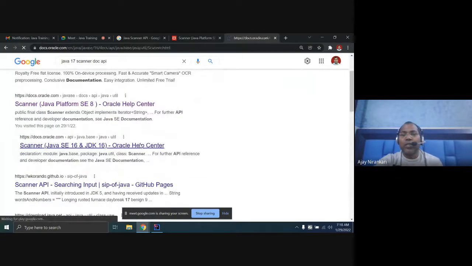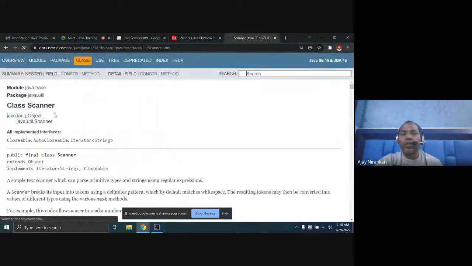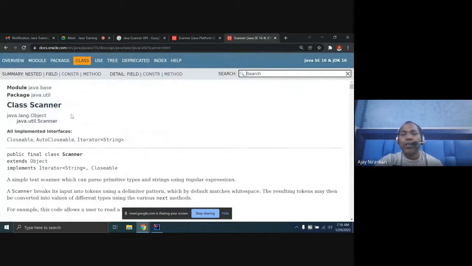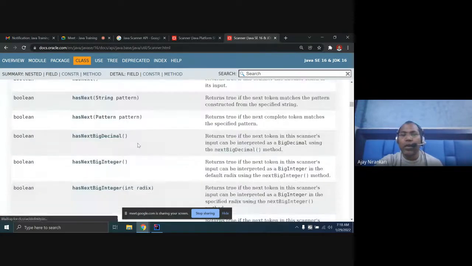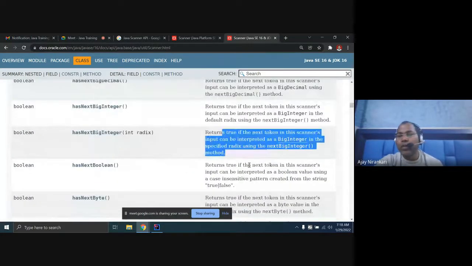So these are the kind of documentation. What is the Javadoc, the Java API? These are the APIs which help developers understand why you use this class and what methods it offers. In this documentation you find all the constructors, all the methods, and what each method does, given with a logical definition.